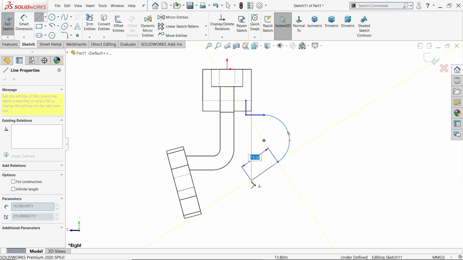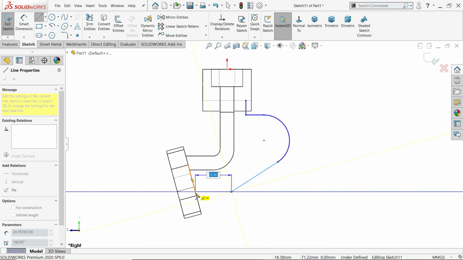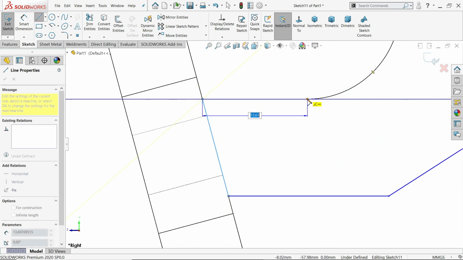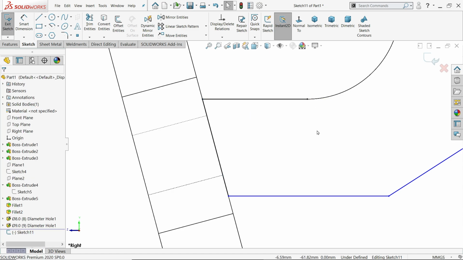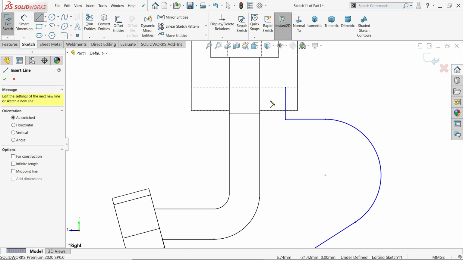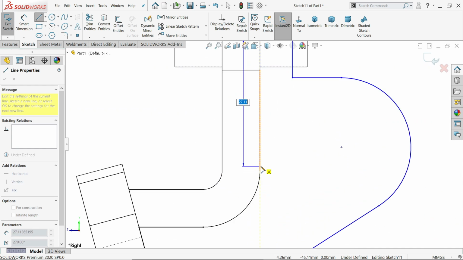Just move up to here and press to this. Again continue, make line up to here, exit. And let me again activate line, and I am going to clear this up to here, because we need to make a closed geometry up to here.